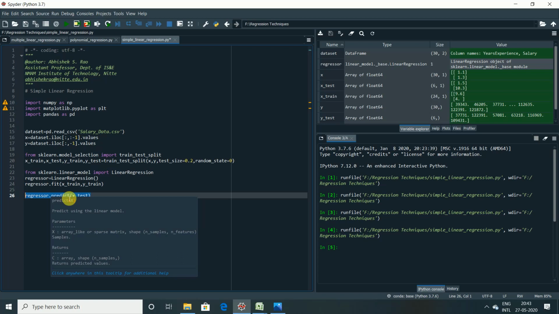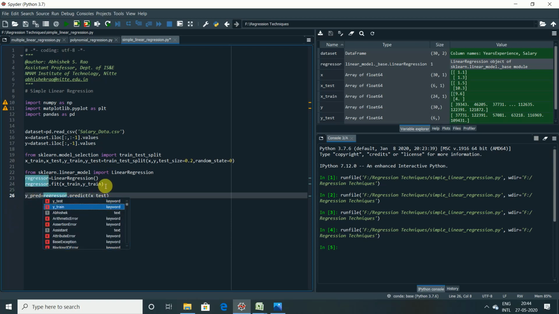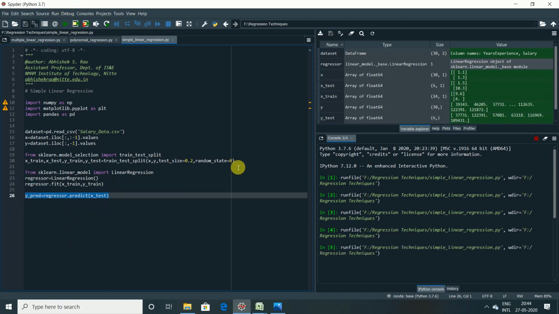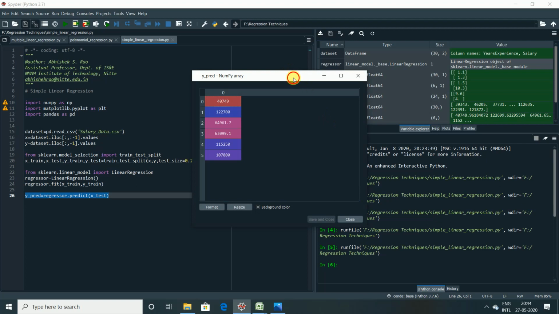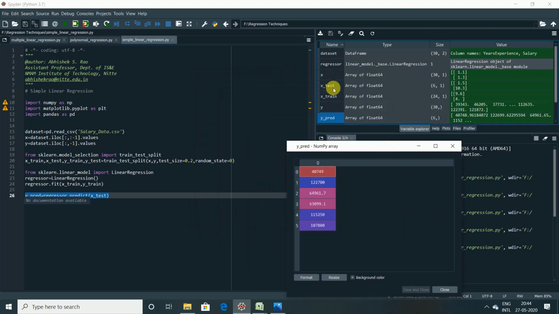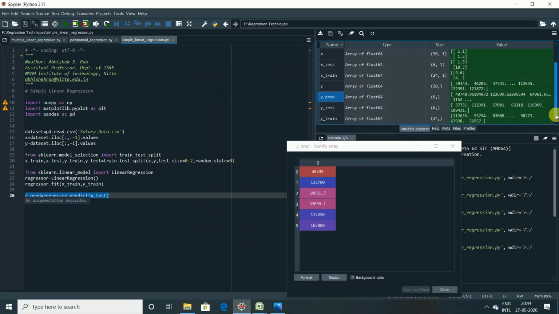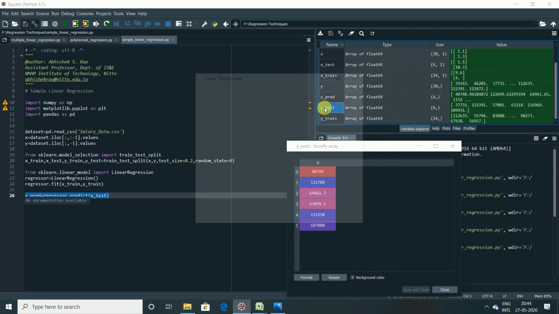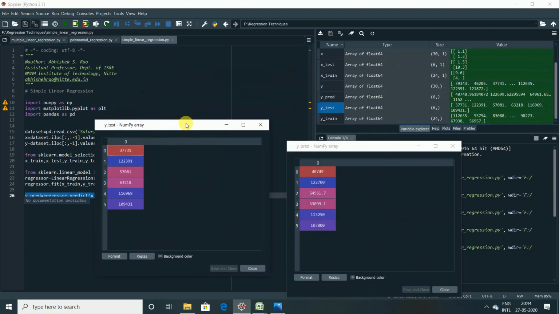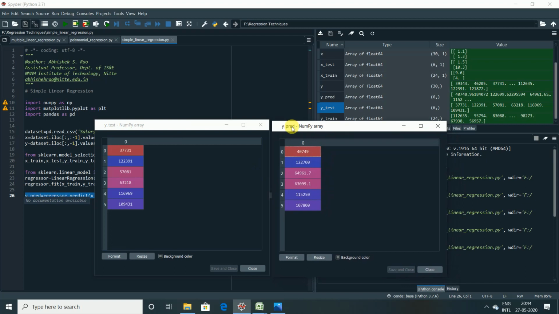So I store this entire thing in a variable called y_pred equal to, and after this I will execute this line. Now you see we have a new variable called y_pred. This is the y prediction, and remember that y_test has the real data. y_pred is the predicted result after training the linear regression model.